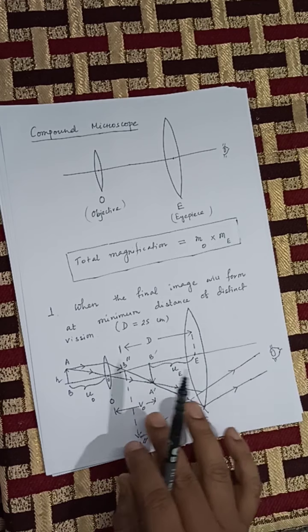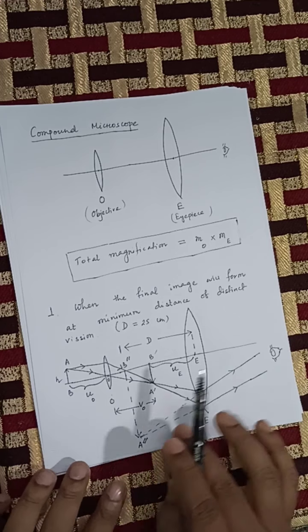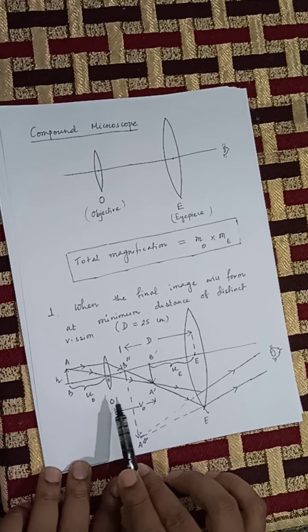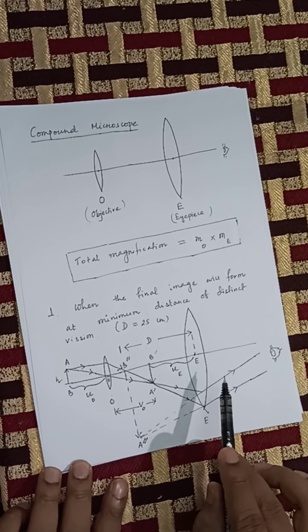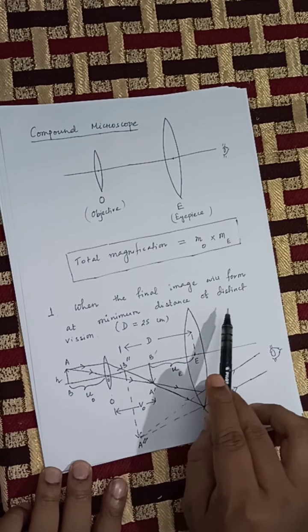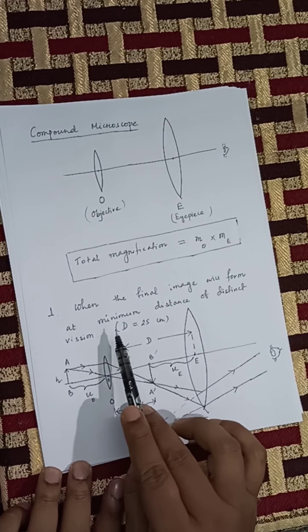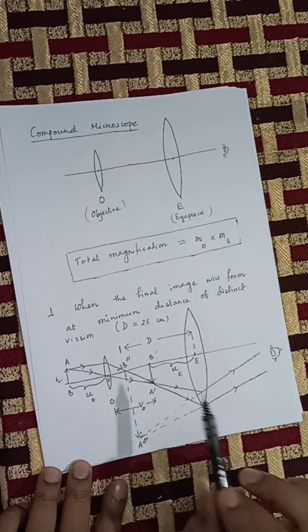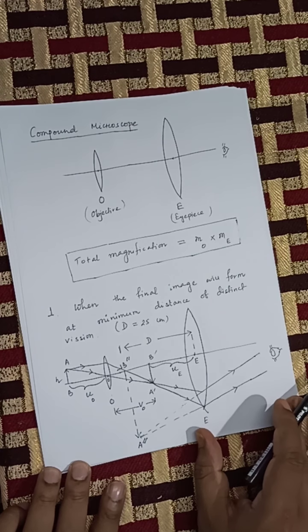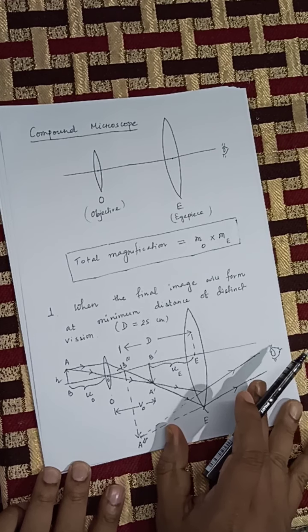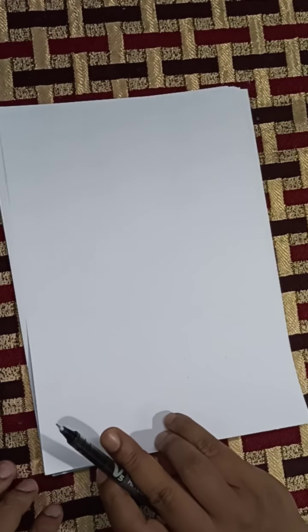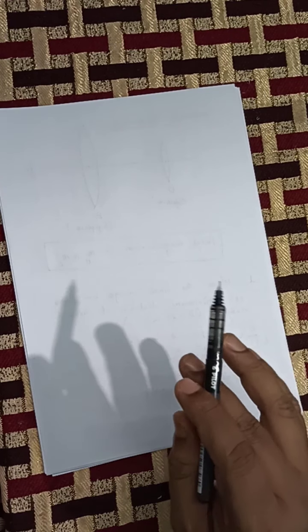Clear? Now here you see the total magnification of this compound microscope due to image formation at the minimum distance of distinct vision. So how much magnification will we get? This will be